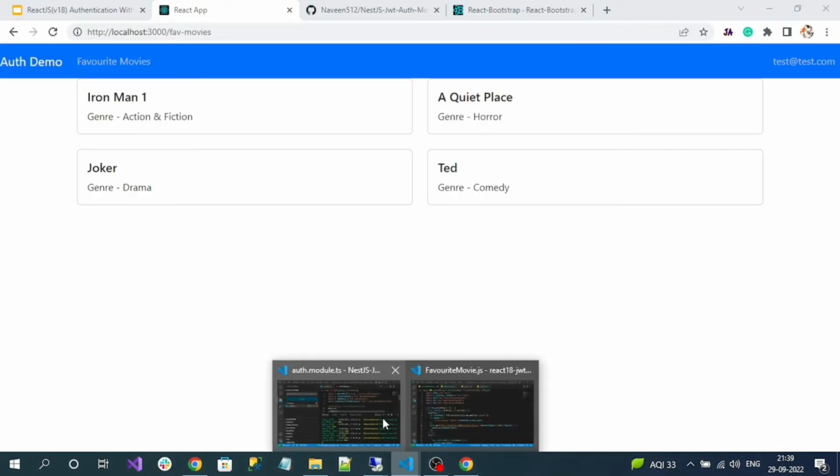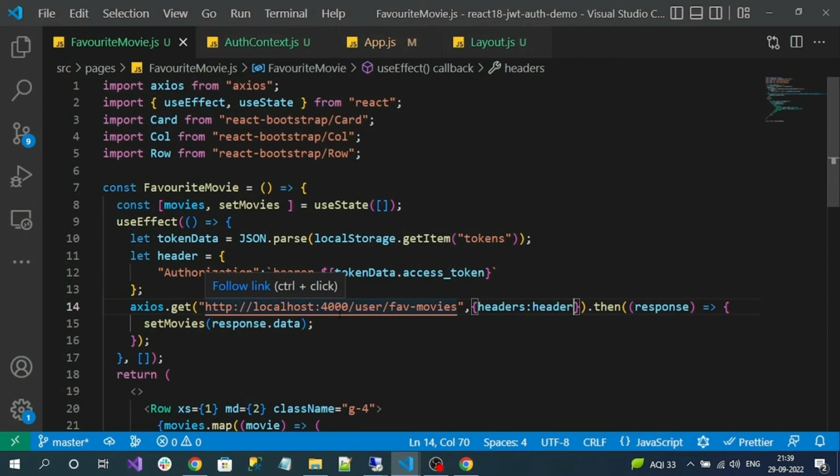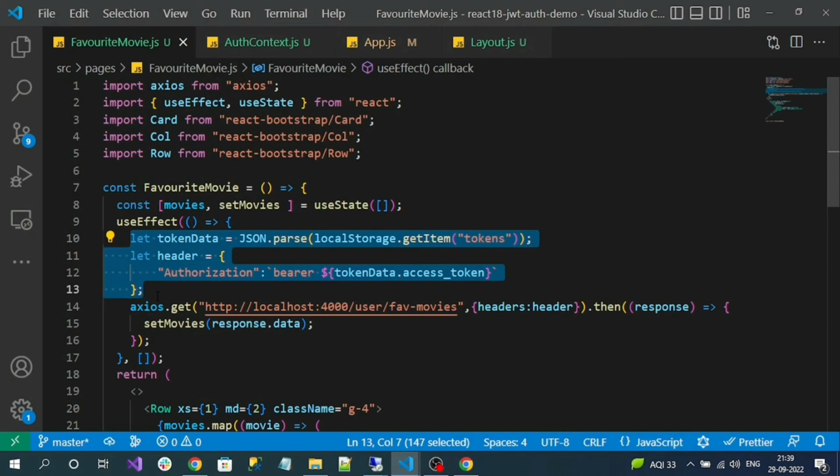But one thing is, in general, we will have a lot of secured APIs, right? So configuring everything manually here is not good. So instead of doing it this way, there is one more better way, which is using the interceptor. With the help of an interceptor, we can auto populate this header. Okay. So for that, what I will do,